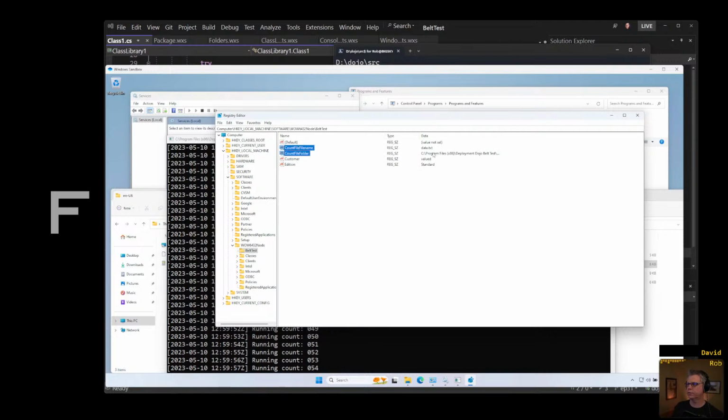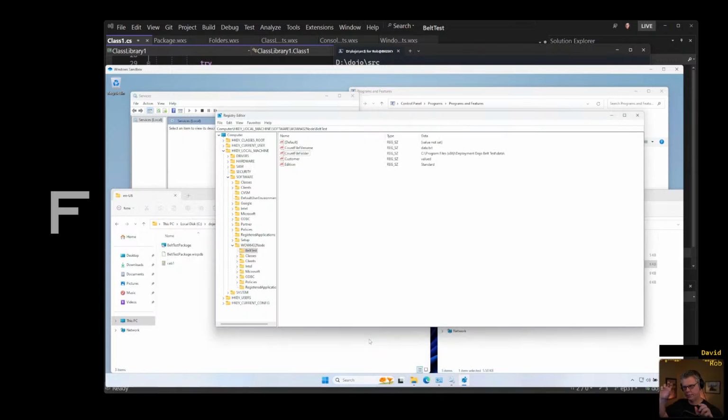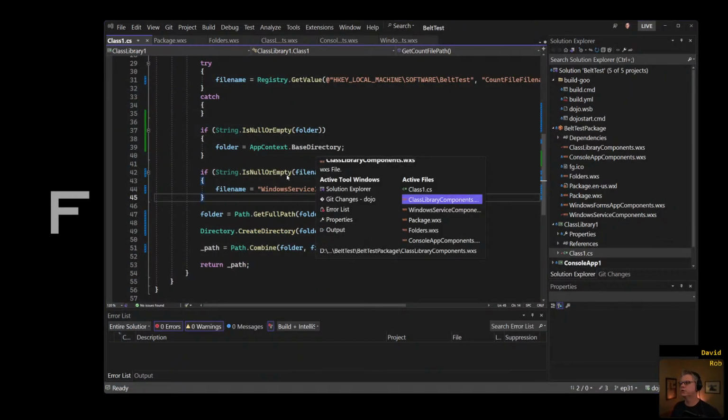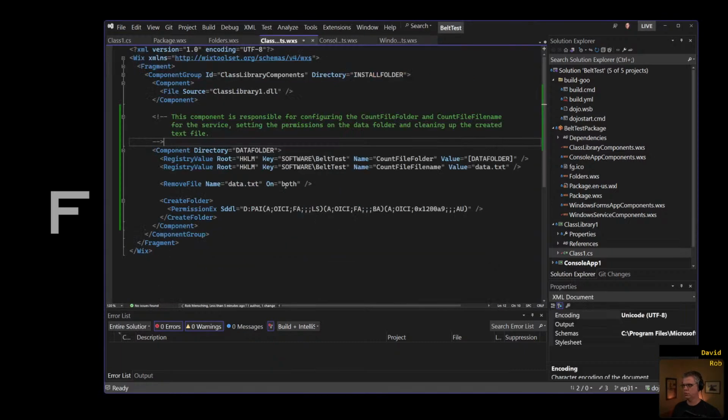File name and folder. One says data.txt, and the other is, ta-da, look at that, our whole path to the data folder. Nice. So we just did the work, as setup developers, to change the product to make it easier for us to store the path to this data folder, because the Windows installer isn't remembering it for us, right?